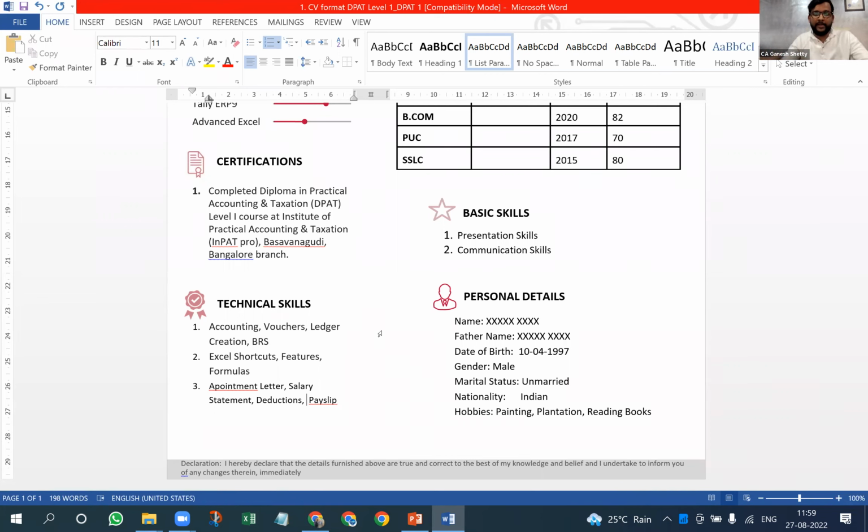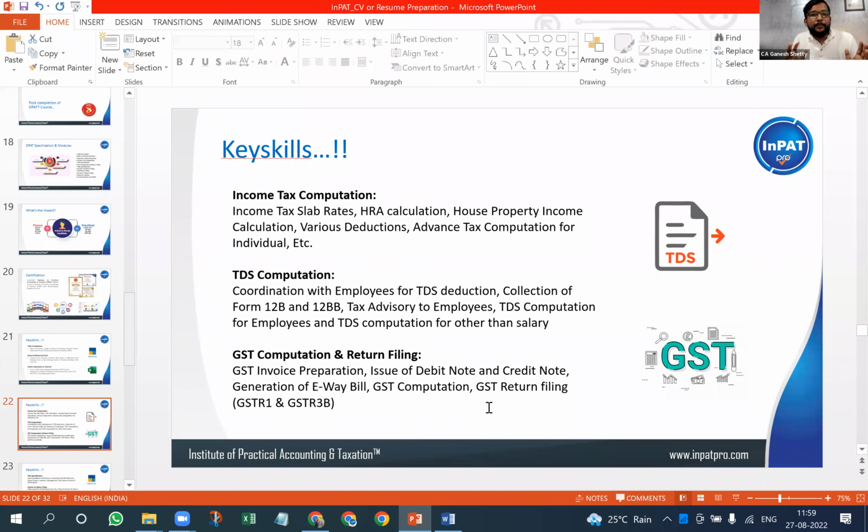Similarly, I'll also explain the other 3 skills. Income tax computation. What did you learn from income tax computation? There were income tax topics in your graduation also, so you would have learned something there. Here, what did you learn that is different? Income tax computation of the proprietor concern, or of an individual. Various slab rates I have learned. I know house property computation. I also know advance tax computation for the income of an individual, and many more, the deduction part. And by this, you also know tax planning now.